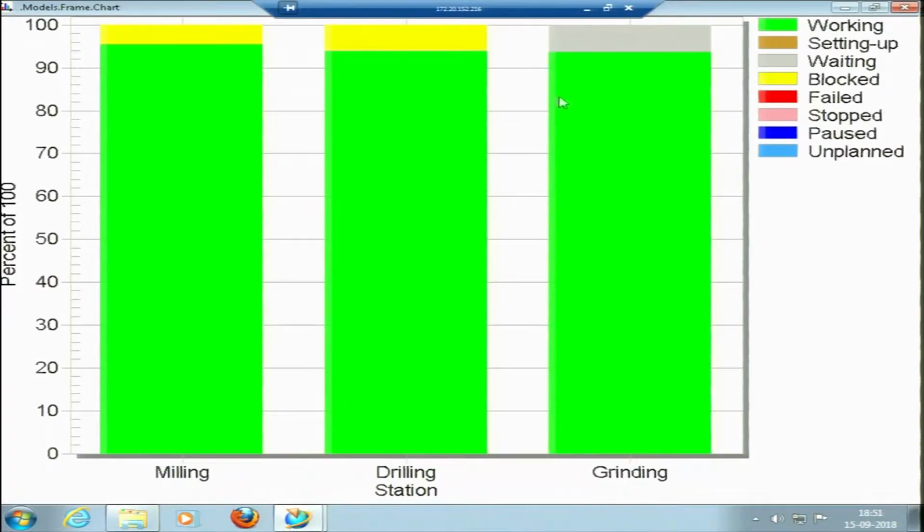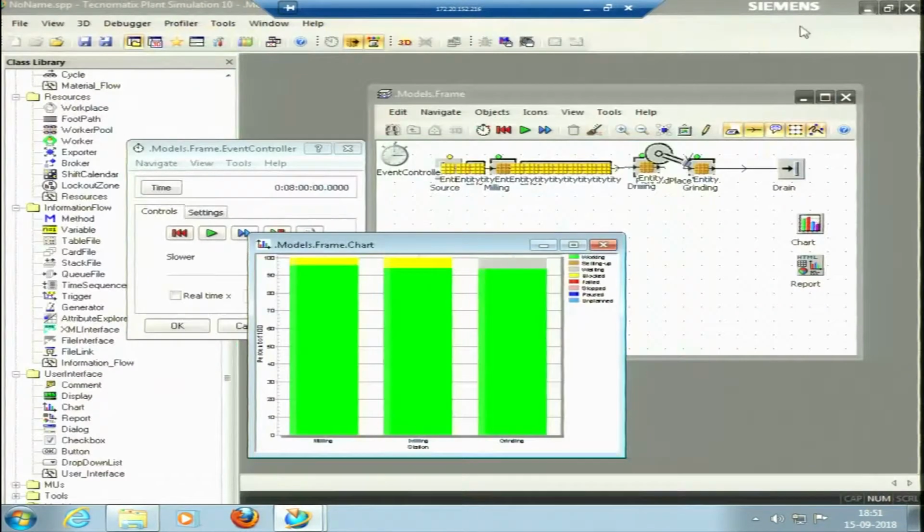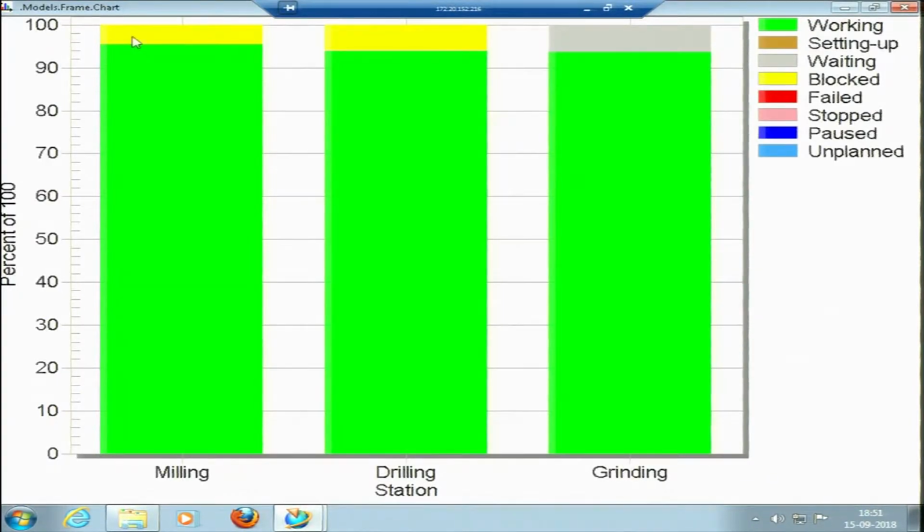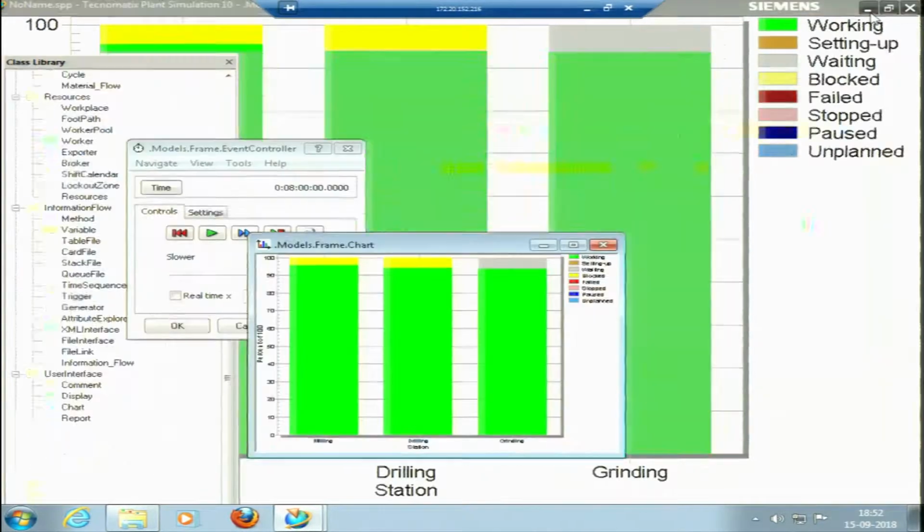You can now see, based upon the times which are put here, the preset times, this milling process is working for more than 95% of time, okay, and for the rest of the time it is just blocked, because the next process, drilling, or the next conveyor or line, the line which is a kind of conveyor transferring the material from one point to another machine, is blocking this one. This is also blocked, but this one is not blocked, it is waiting for the material to come. Okay. So, I can see the exact times. This is the graph, showing this calibrated graph here. I can see the exact times as well.